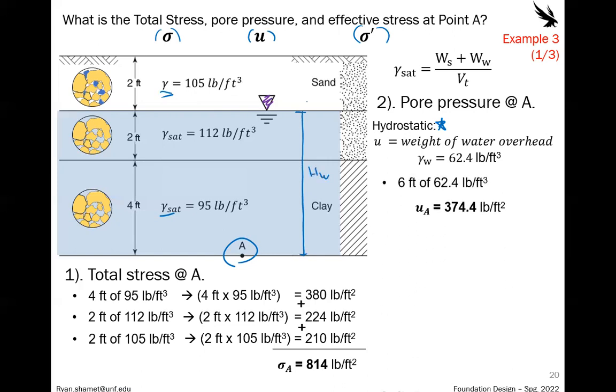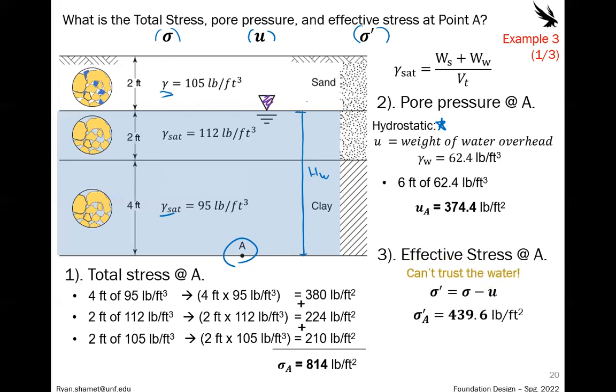So this is 6 feet, 4 plus 2. And then with that material is 62 pounds per cubic foot. So our pore water pressure is 374. And then of course our effective stress, because we can't trust the water here, we subtract those two out. And that's 439.6 from this minus this. So that's important. Again, this is a hydrostatic case, but as I mentioned before, there's many times that we may